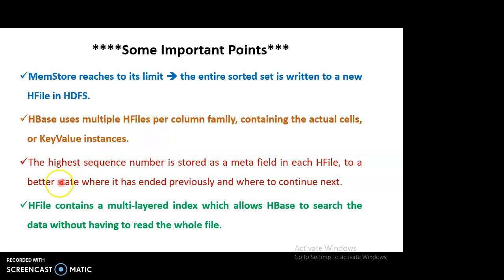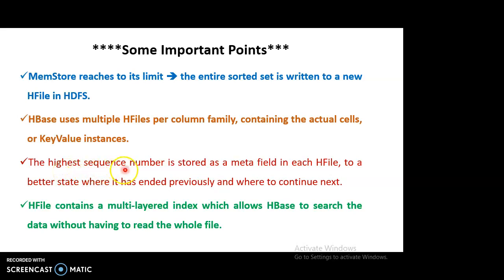The third important point is the highest sequence number is stored as a meta field in each HFile. So here the highest sequence number is nothing but the row key or the row identifier of the last record.